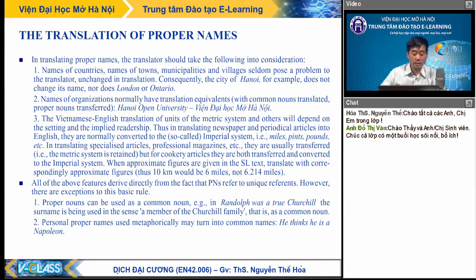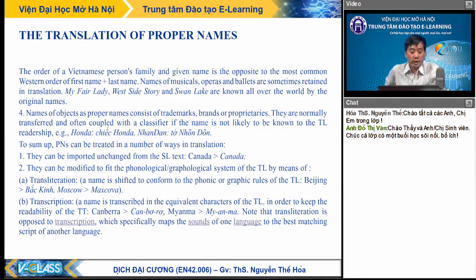And also sometimes the features of a proper noun can be used as a common noun, say Churchill. Sometimes we can know the name of an object, such as Honda, Nhân dân. Sometimes we can translate or it can be imported unchanged from the source language text. Sometimes we can use the feature like phonological or graphological. That is called